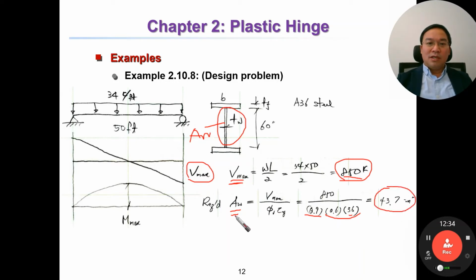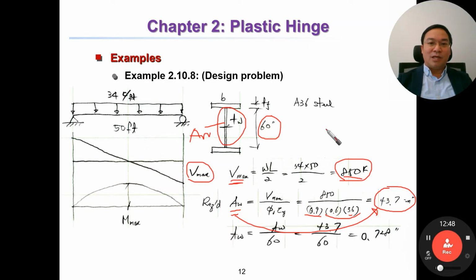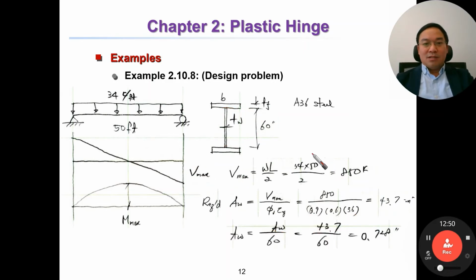This one is the requirement of the section of the web. And now because we have the width of section, it's easy to determine the requirement of thickness of the web, right? Yes. Tw equal to Aw divided by 60. This one. Then the requirement is